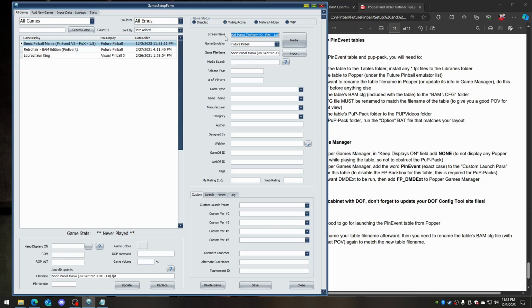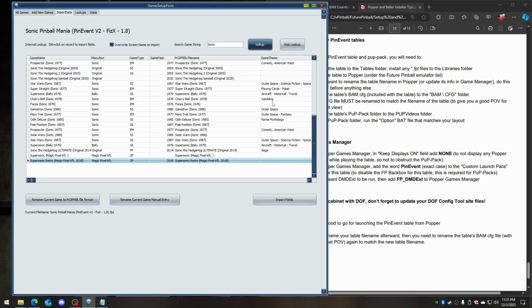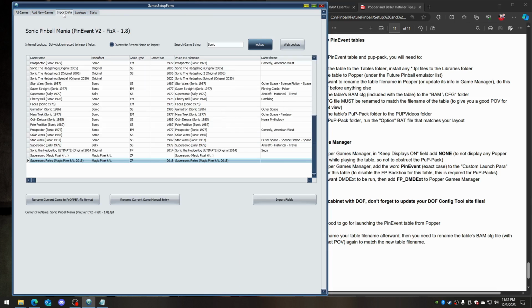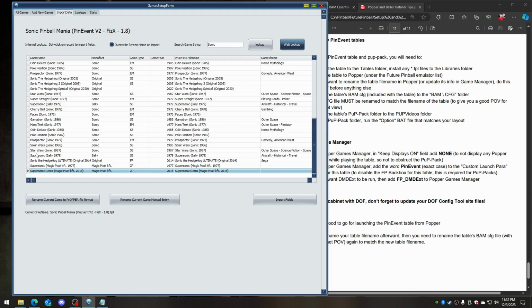So if I want to update any info for this, or if I want to change its descriptions or get any more info, I'm trying to remember. It's been a while. Import data. Yeah, let's take a look here. Web lookup. Let's see here. It's been a while. I haven't used this for a while. Okay, so if you wanted to, for example,